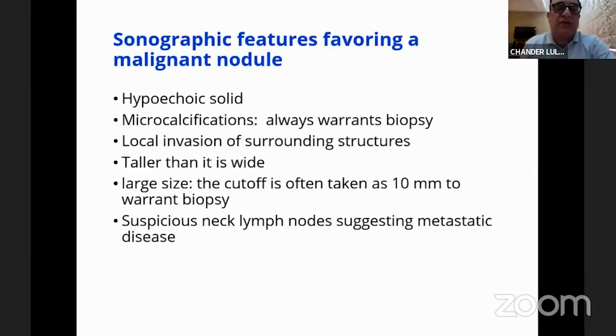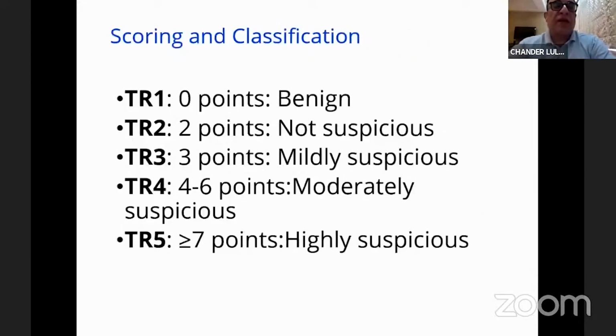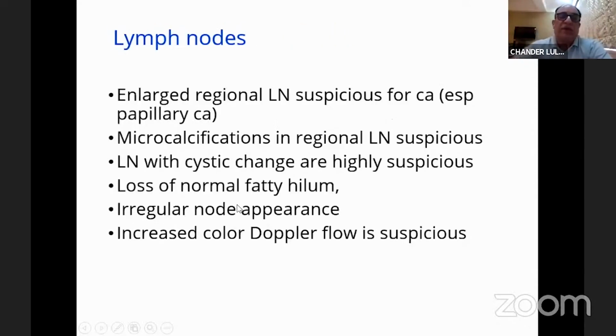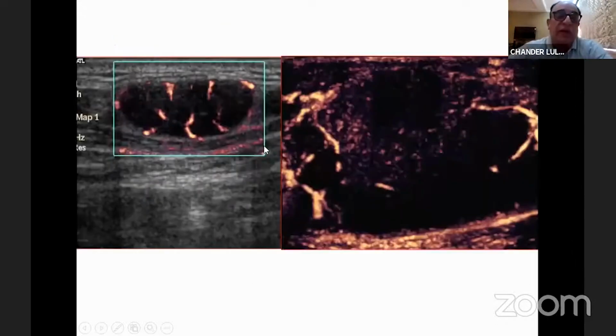Anything else which we have shown is malignant. And we give 0 points to benign features. Not suspicious is 2 points, 3 points mildly suspicious, already spoke about it, thyroids 4 is 4 to 6, and 7 is highly suspicious. We do look for lymph nodes around the lesion, and if they are showing intense peripheral vascularity